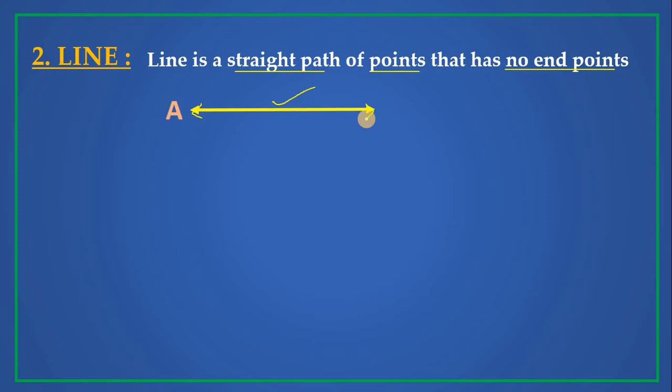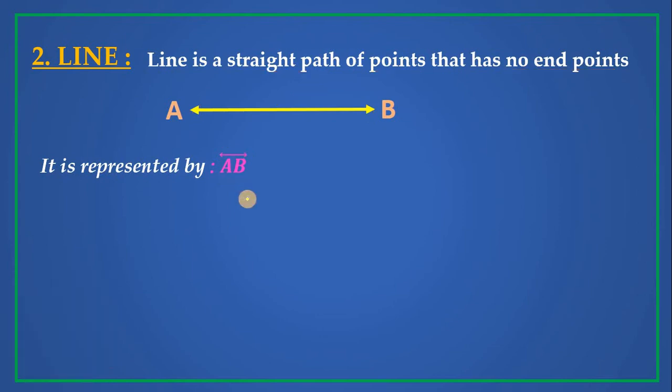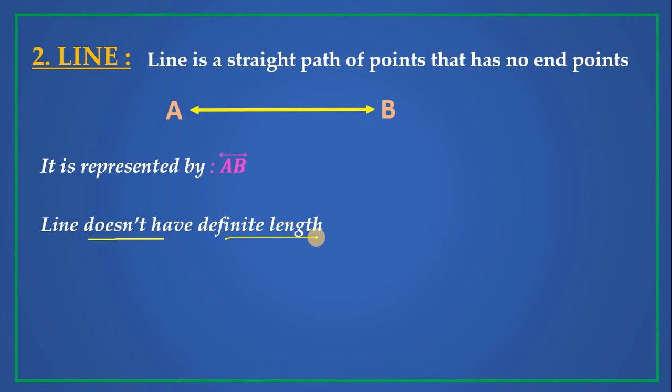A line is named by capital letters of the English alphabet, A, B. And this line name is now line AB. It is represented like this, children. You have to write AB and above the AB you have to show the line symbol, just like this. How I have shown, you have to show just like that. Another important point here is that a line doesn't have a definite length, because a line can be extended on both sides indefinitely. This is a very important thing we wanted to understand.